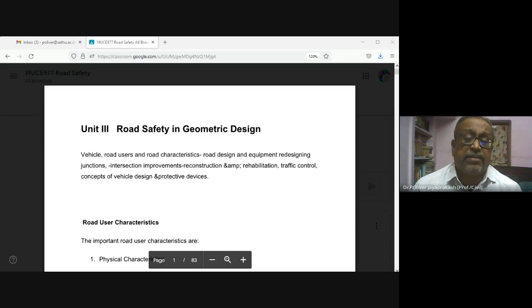So this lecture is focused on the road safety component while designing the geometrics of the road. This is part of the OpenLT course Road Safety 19UCE977, offered to all branches of engineering, including the civil department. Okay, today we will see about